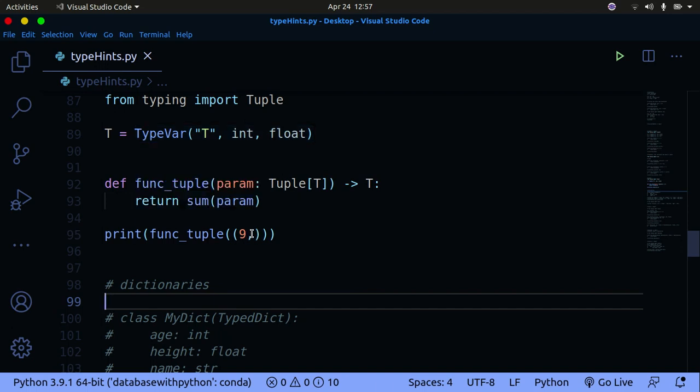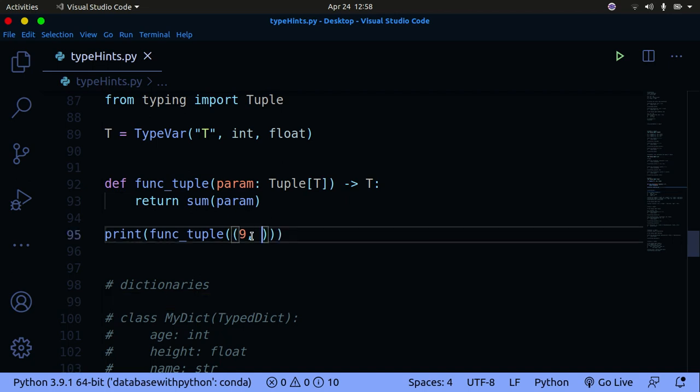But one tricky part of tuples is that tuples are not mutable, meaning that you can't change them once you create them. This means that we have to specify the type of the tuple. In this case, you're taking only one t, which means a single int or a single float. If I pass in another value, let's say 5, then this will give me an